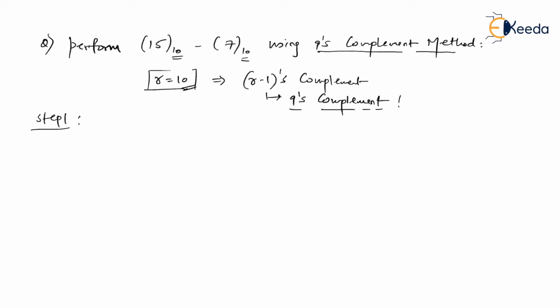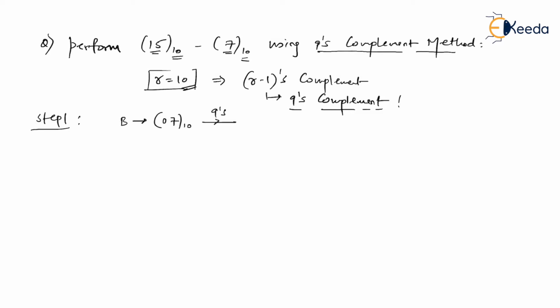First of all, you have to make sure that whatever numbers are given should be of the same size. I repeat, whatever numbers are given should be of the same size. I'm not saying value, I'm saying the size. Size meaning that here it is having 2 digits, but here it is having only 1 digit. So make sure that both the numbers are of the same size. And in order to do that, simply you can treat digit 7 as 07 in order to make it 2 digits. So I'll take b as not 7 but 07 to the base 10, whose 9's complement is needed.